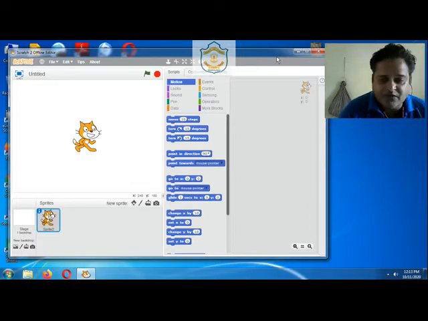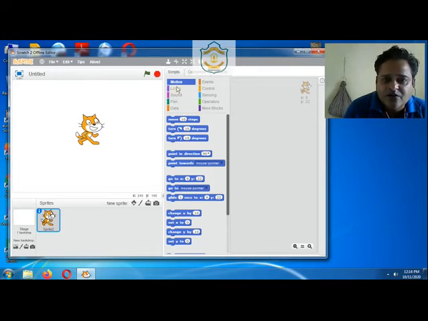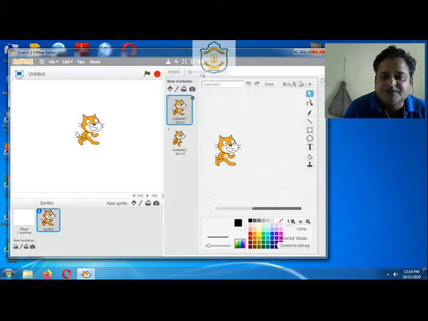Now our next section is changing the appearance of the sprite. As we know, by default we have this cat. This is our sprite, but we can change its appearance. In order to change the appearance, we have to look at this tab. This is the costume tab.